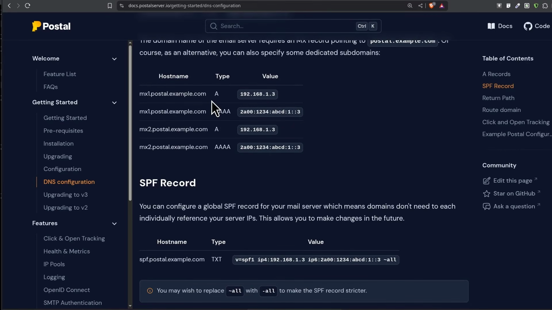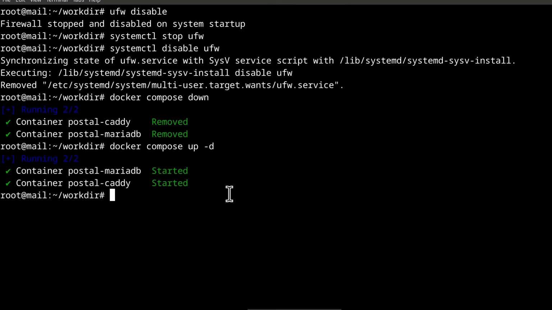Host name. Now for the host name, the MX records, which are the default MX records? Let's look at the MX records that we were told we should have. So I'll just do Control R again to search for postal.yaml. Okay, there we go.